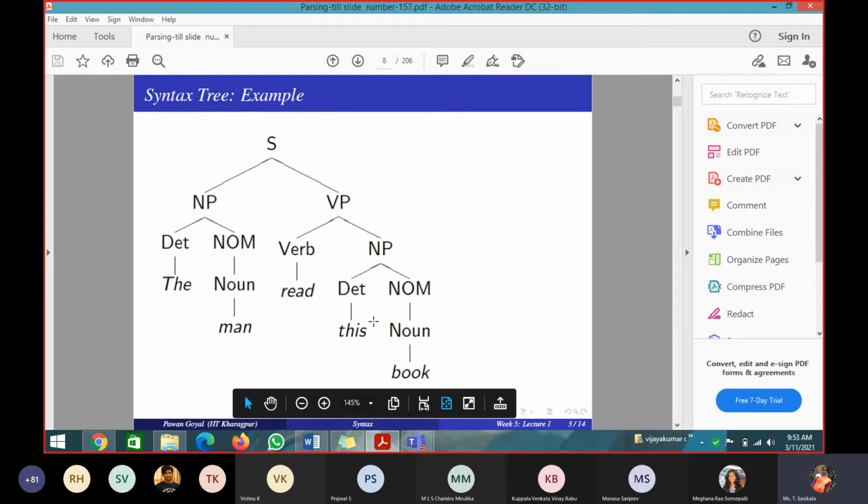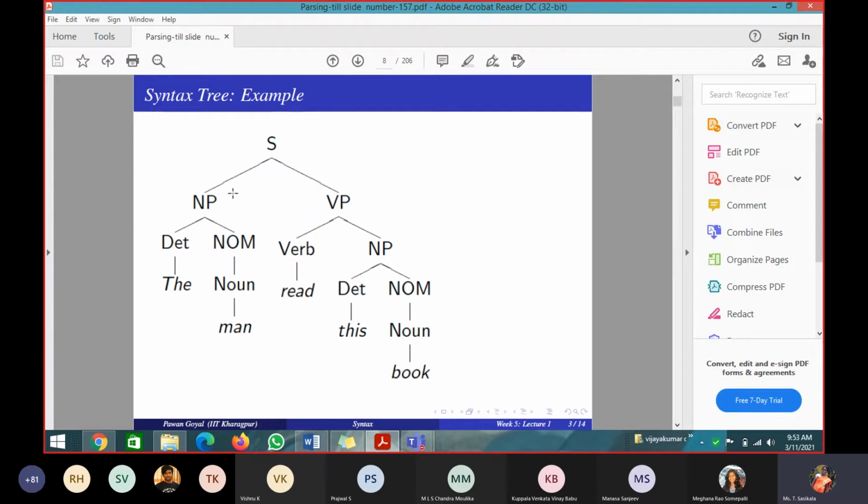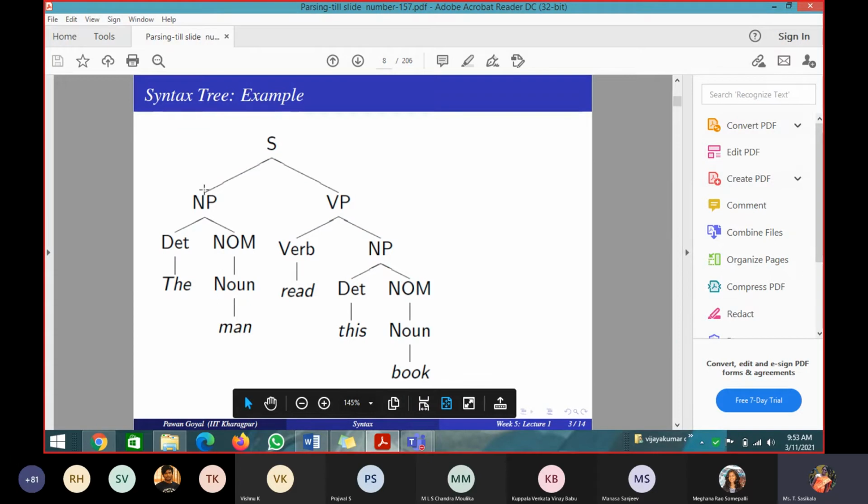Okay, so a sentence is nothing but what? A noun phrase and a verb phrase. The noun phrase is a determiner and a nominal. Nominal is nothing but a noun or a collection of nouns. I can have one noun or two, three nouns together, a noun followed by another noun like that. Verb phrase is a verb and a noun phrase. This is how we are going to construct it, which we will deal with in detail in the coming slides. So overall, this tree structure, the hierarchical structure, we call it as what?